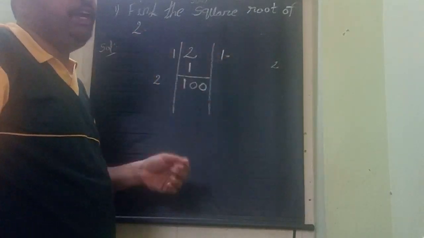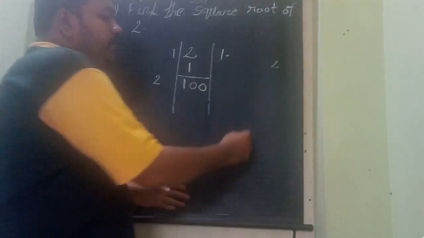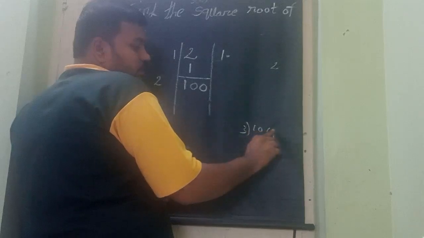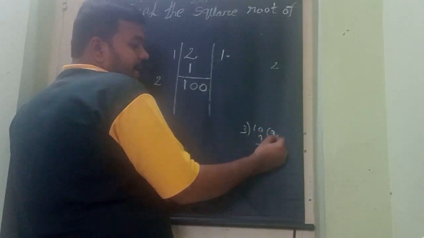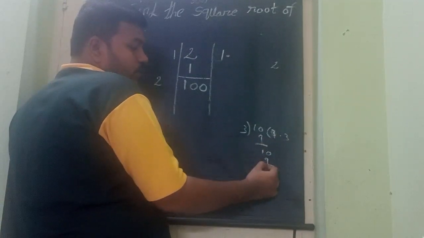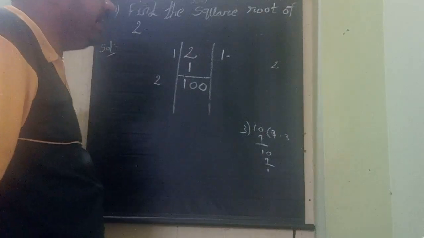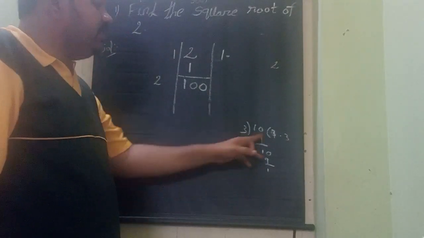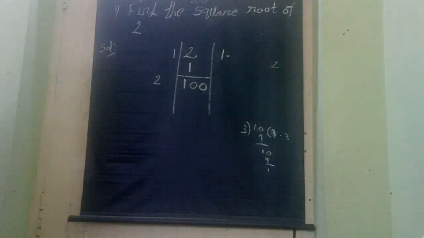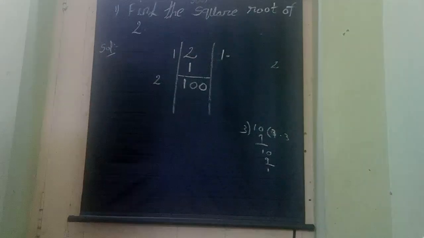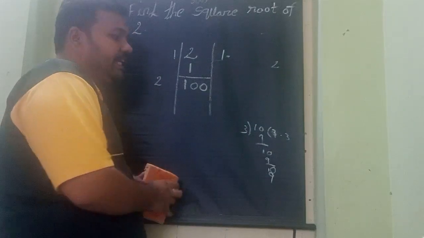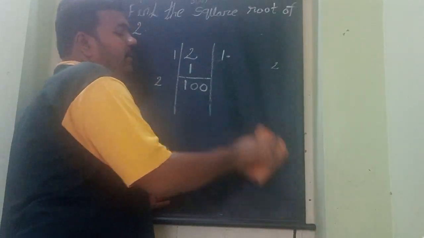How many places we have to find? Actually this root will not terminate. See here, 10 with the 3 table: 3 threes are 9. Again a point, 0, and the point gives only 10. Already the point is given here, so again no need. So like that we are writing here. It will not close; it always keeps going, terminating and non-terminating. It will not complete, 10, 9, again each and every time repeating. So it is not closable.